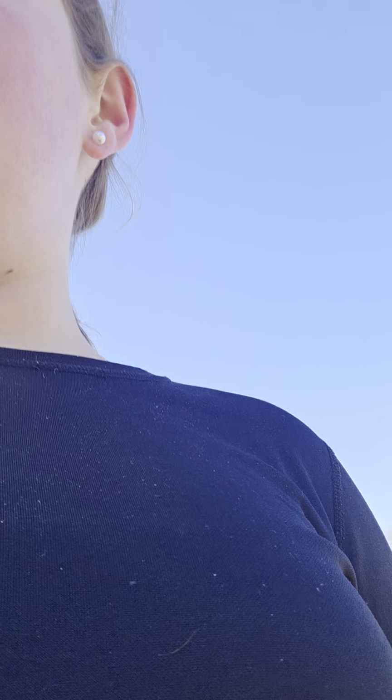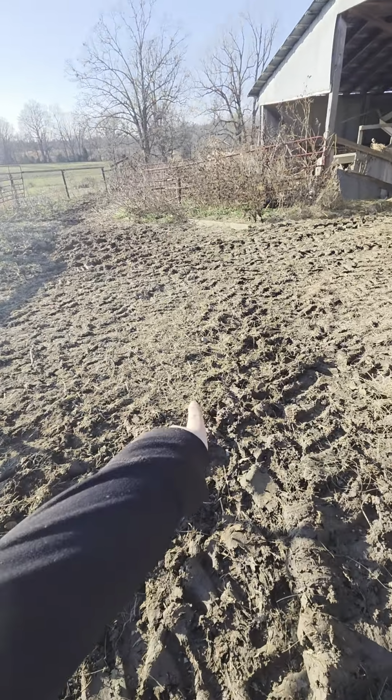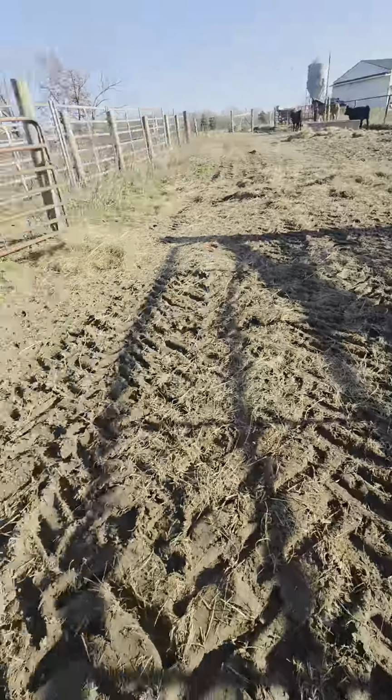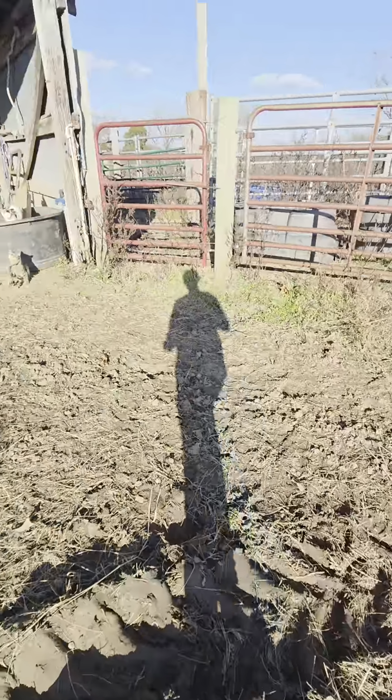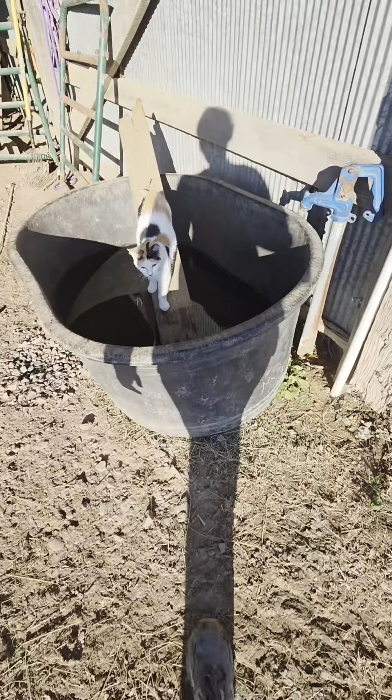So yeah, and then we'll just walk, and straight ahead I sometimes put Sky in here in the summertime just because grass is growing in here. Usually the grass grows where we just were, and right there in this little area too. I usually just put Sky in here, and I'll close that gate and that gate together, and then we have this little gate on the side, and then we have this post in here because